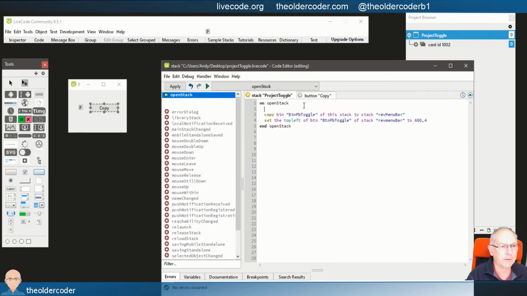And we're going to add a couple of extra lines in here, which is going to be set the destroy mode of this. Now, I'm not going to use this stack. I found with plugins, normally if you're referencing the stack you're working in, you can say this stack or even me. But with plugins, I found it's really important to explicitly reference the stack we are referring to. So we're going to do that, stack, and we called it project toggle. Set the destroy mode of stack project toggle